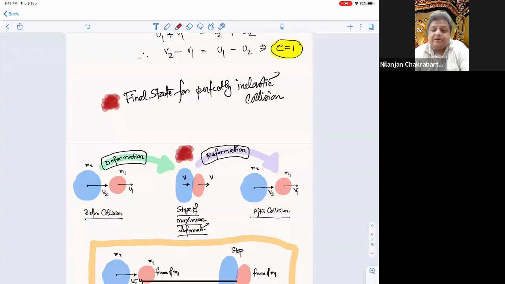Because we know what কি বললাম একটু আগে, E equal to 0. E equal to 0 means V1... See, already in this state, maximum deformation, velocities are equal. So V1 equal to